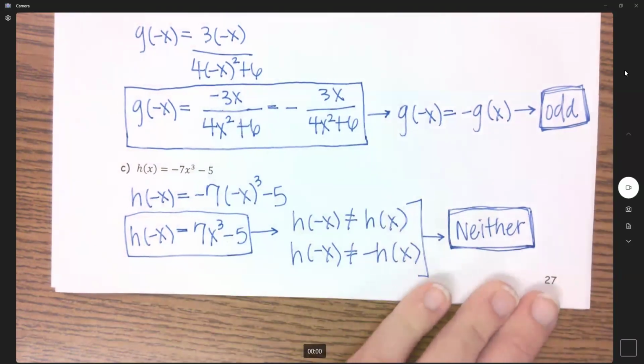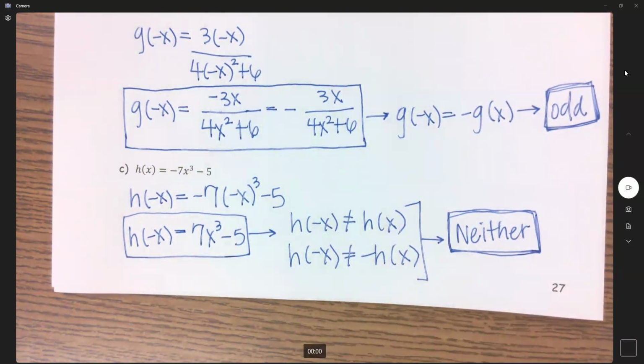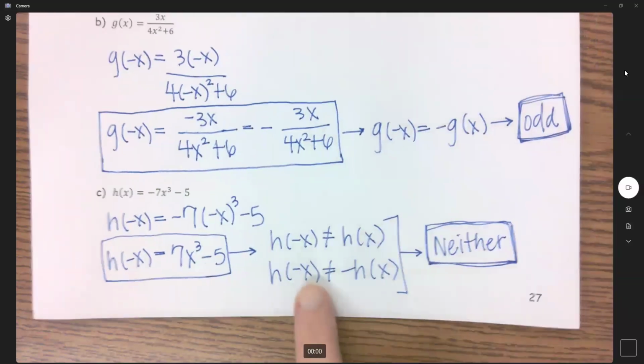Now again, telling whether or not this is even is the easiest. Does it match or does it not? What's a yes or a no? To help you understand what you have found out algebraically, you can use your graph to find these. So if I do this one here,